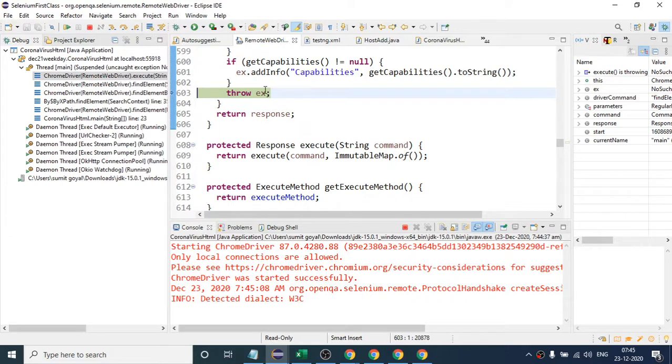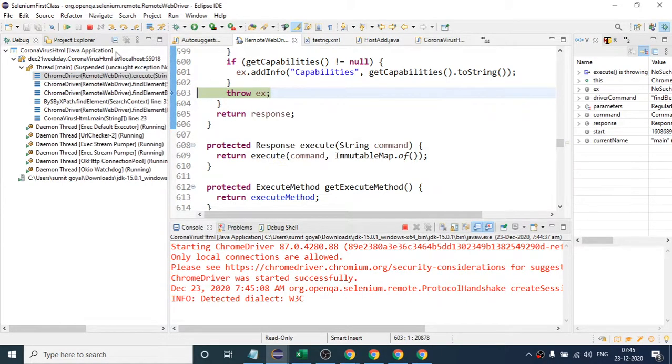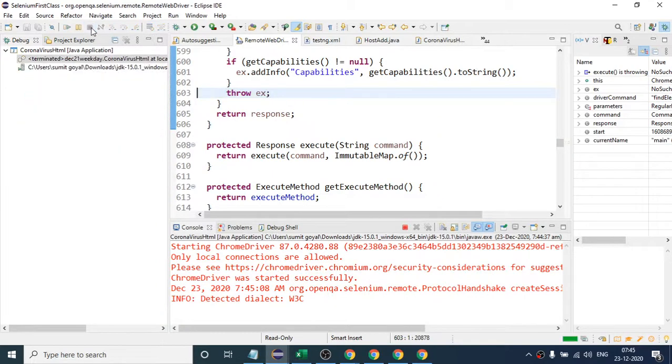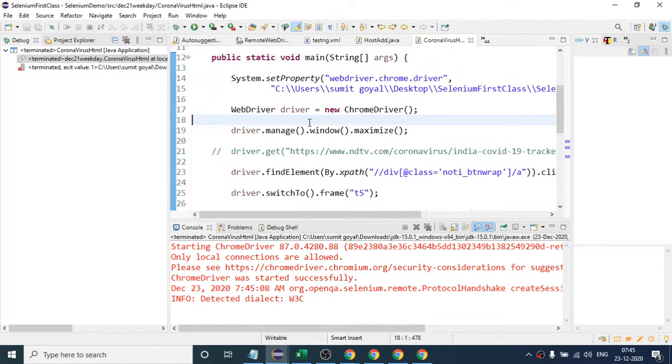Okay, so some error came. Let me check. I think I have commented some wrong line. Okay, so I have commented this one, not this one. We have to comment this, otherwise it will not open the link. So let me run again.